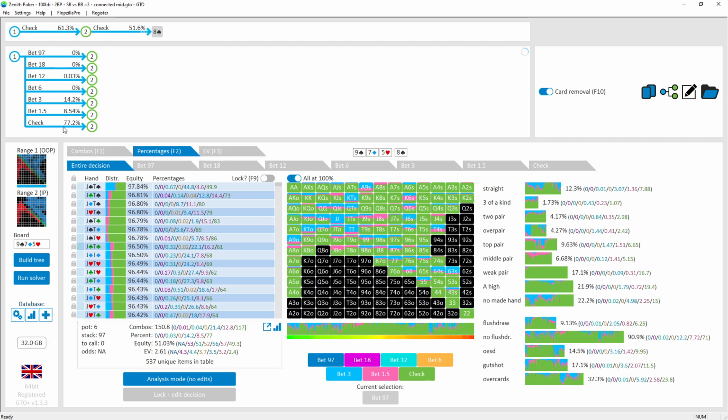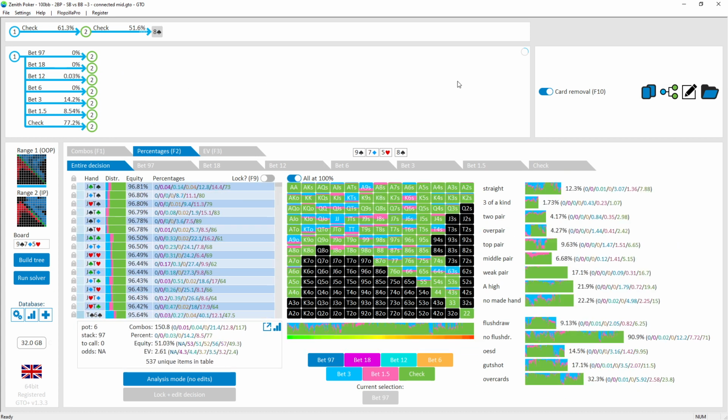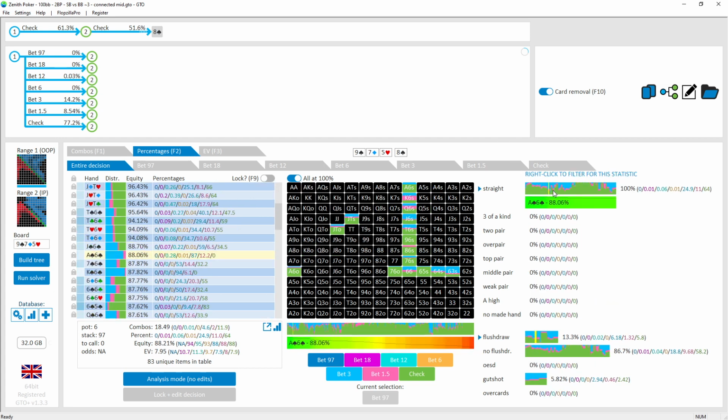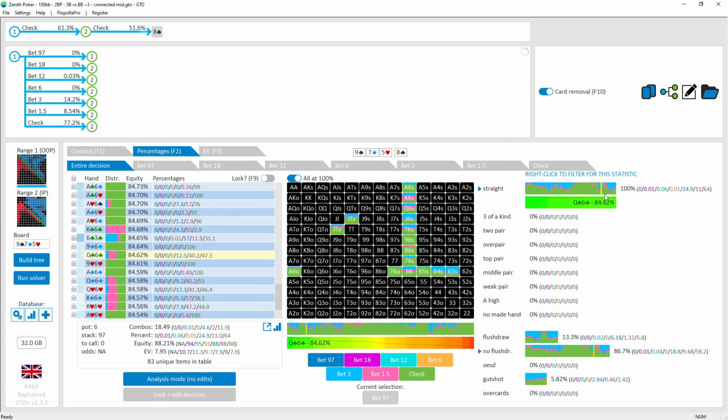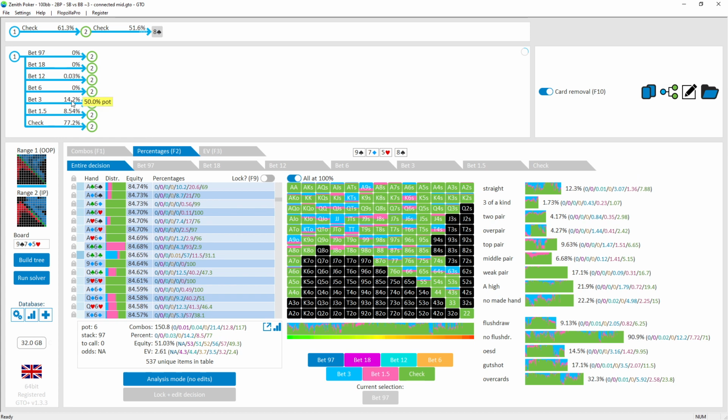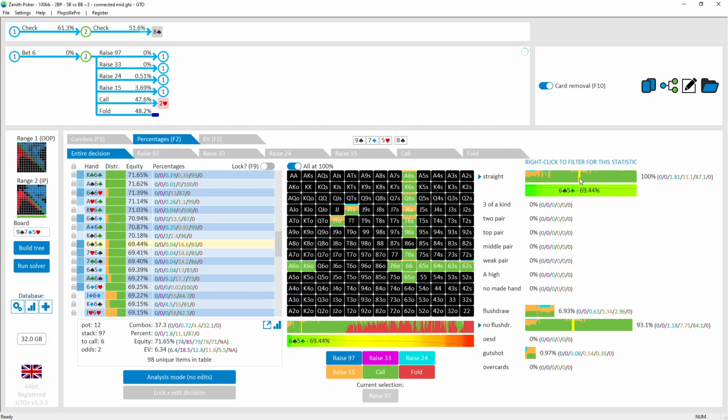Anyway, so 8 of spades, check. The small blind's bet size, half pot, quarter pot, really betting small and trying to deny equity, get a little bit of value. The straight with the jack 10, not a huge number of combinations of them, but a lot more combinations of the 6x. You can't bet too big because you run into a 6, right? So say, for example, you bet pot size. I mean, most of the continuing range,